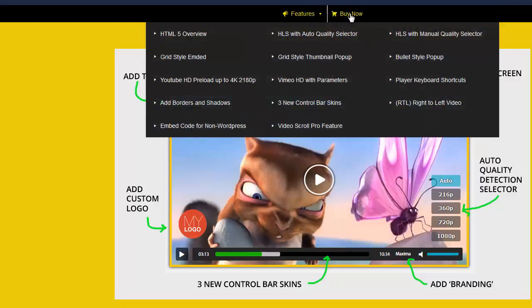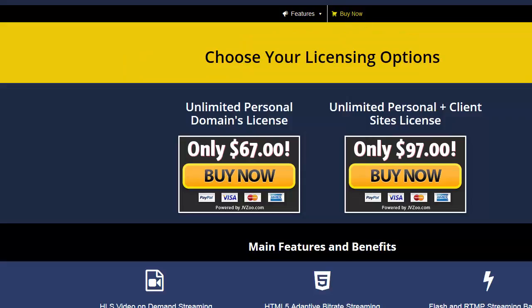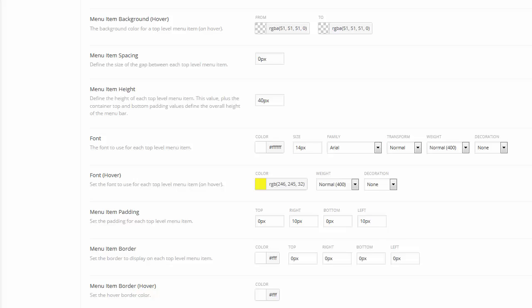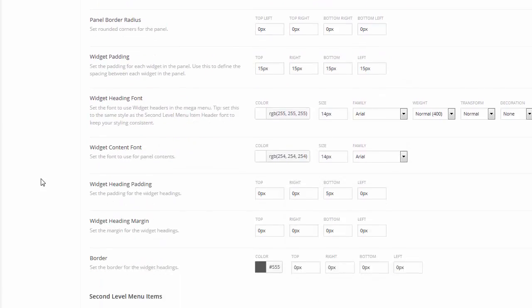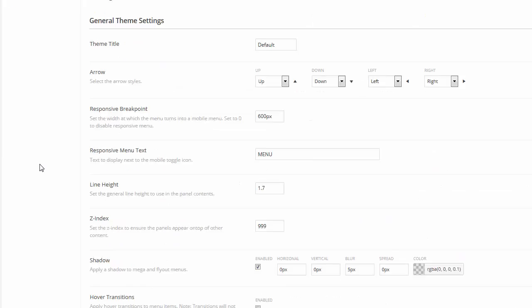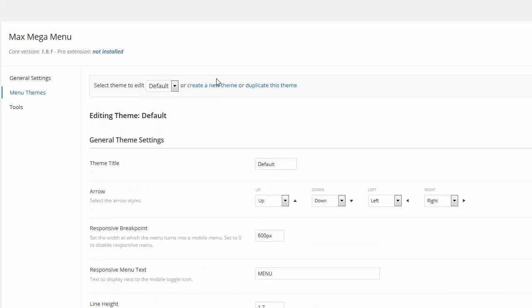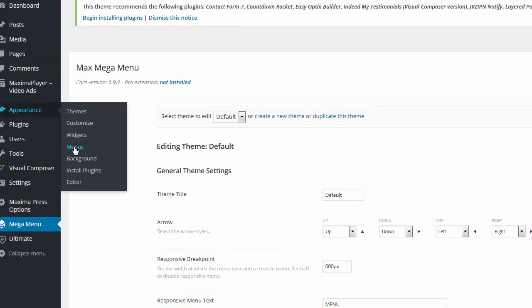The one that's selected is yellow as well, so if I click on buy now, and that's hover, that's yellow as well, so now it's yellow. And this is all set up inside this option here. And there's the main panel and so forth. All right, so you can set as many menus as you want and different themes. You can create a new theme and then save the settings. Once you've done that, you simply just go to your menu, go to menus,